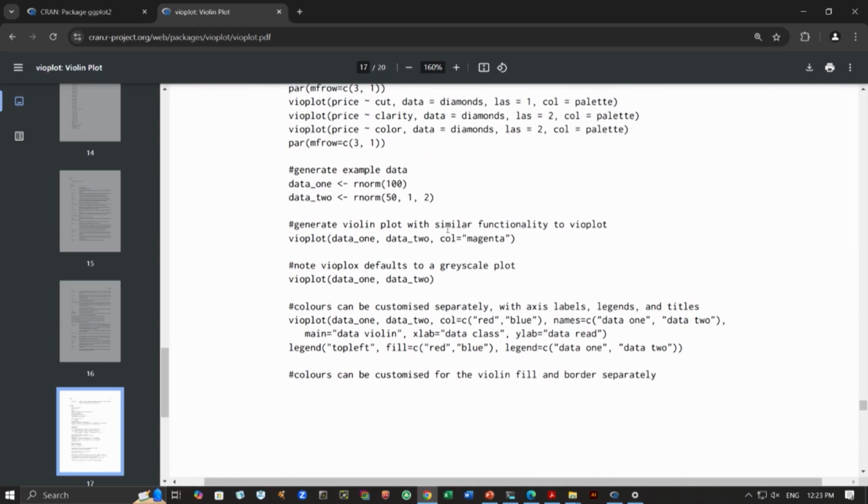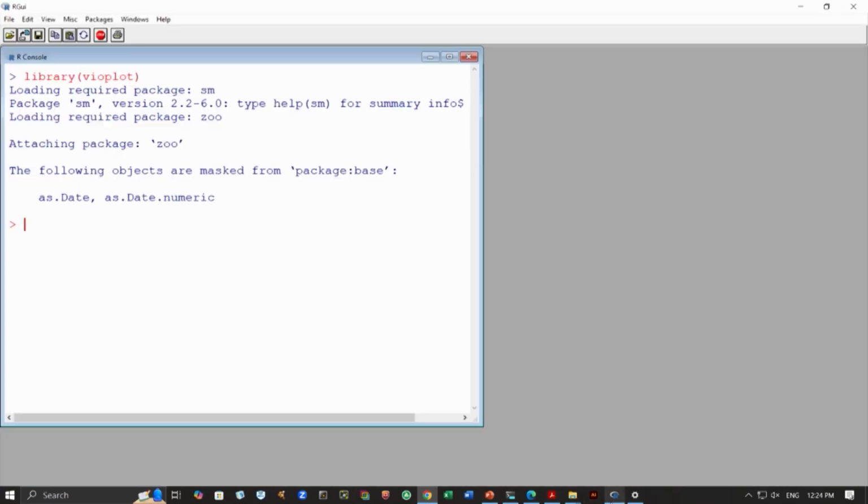Okay, so you can use something like this, and it also has options for the names of these values, and the main labels, x label, y label that we have seen. You can also add legends, right. So, this is something that's also possible in R. You can add a legend, and you can mention where you want to add the legend, etc. So, maybe we will try this in vioplot here. Okay. So, let us try the first function, which is the simplest one, vioplot